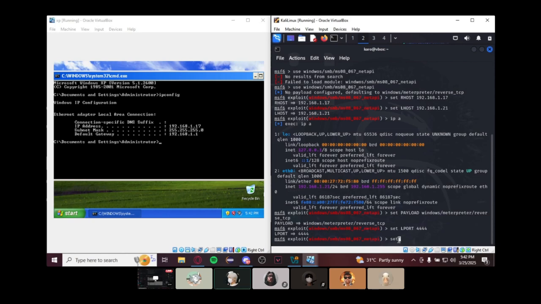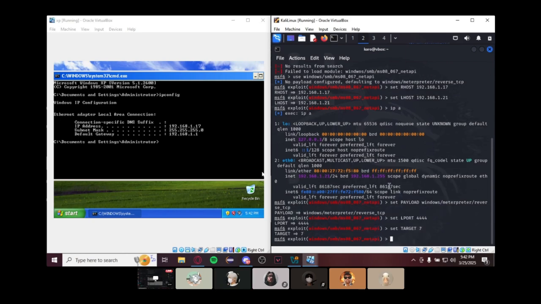And now we'll set the target to 7, because that is the number of the target that we're going to exploit, which is this PC. And now, after doing all those commands, we can now exploit.